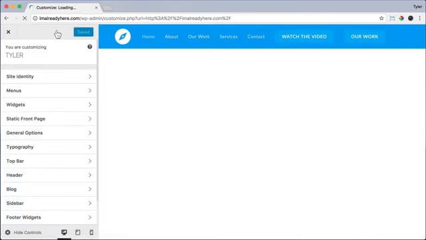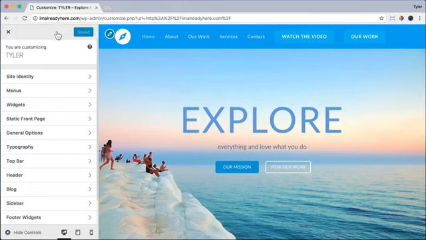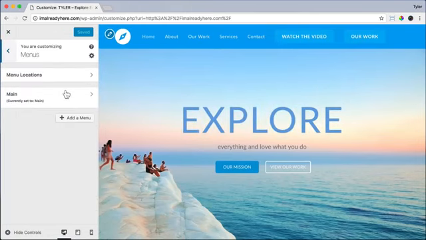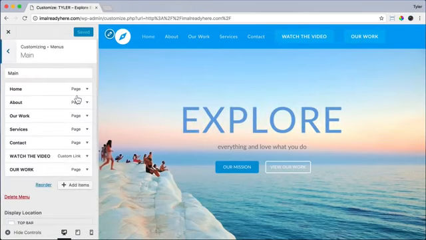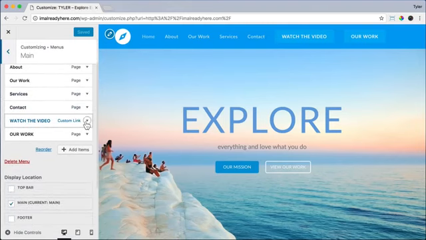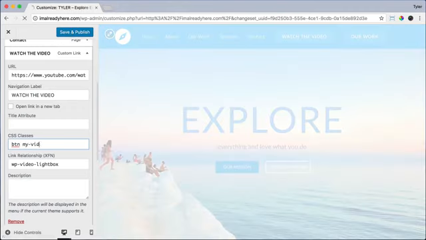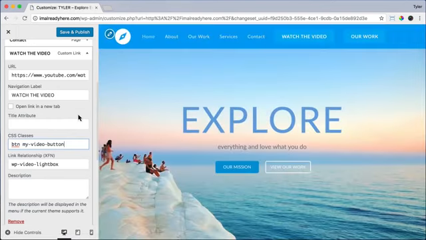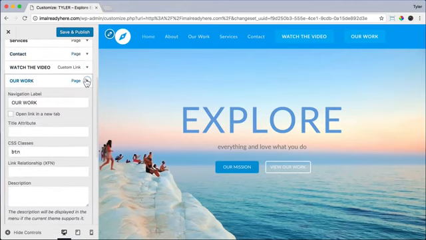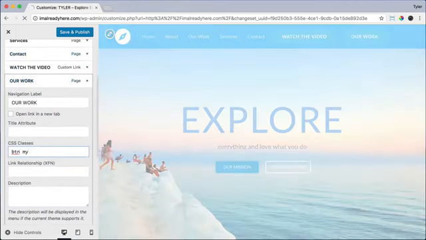So if we click on Customize and scroll down to Menus and click on it and click on Main Menu, under Watch the Video, we can click the down arrow, and under CSS classes, in addition to button, which makes it look like a button, we're also gonna make up our own. So this one's gonna be called my-video-button. And I just made that up. You just need to make up any name that you want. Then we can click on the up arrow and do the same thing for the Our Work button. So we want this class to be something different also. So it's gonna be